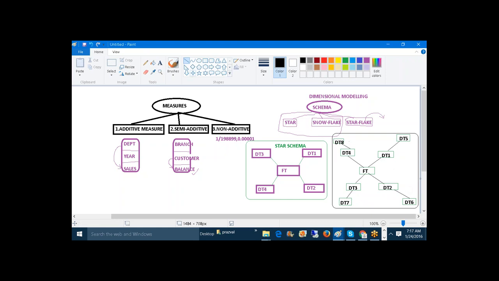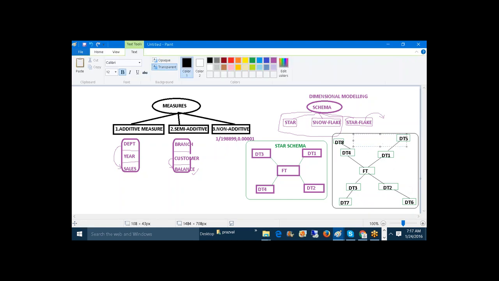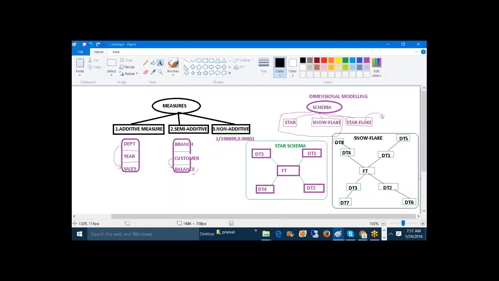Okay, so in the snowflake schema, all the dimension tables are not directly attached to the fact. So there is a direct relationship between one dimension and the other dimension. The main difference between star and snowflake is that in star schema, all the dimension tables are directly attached to the